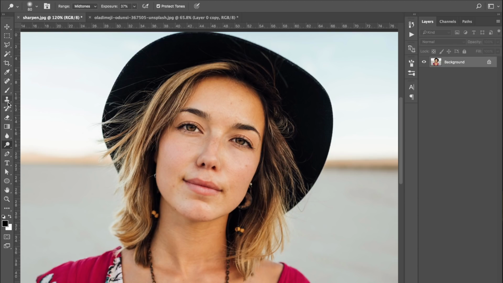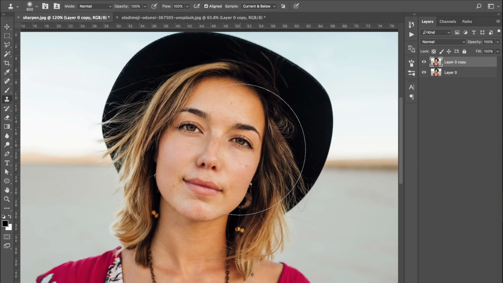But if it's not, come over to this tool here, which is the clone stamp tool. You can press S on your keyboard as a quick shortcut. Again, I'm just going to duplicate that layer by pressing Command J, and we're going to work on the top layer here. We're going to press the open square bracket on our keyboard just to decrease the size of that brush, and we're going to press Alt on our keyboard on an area of skin near to